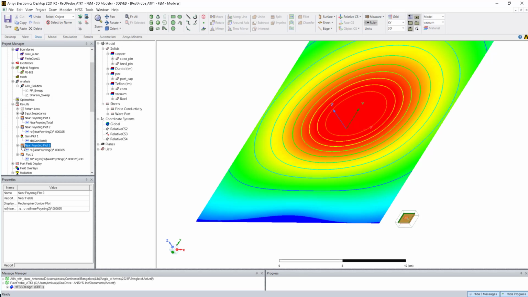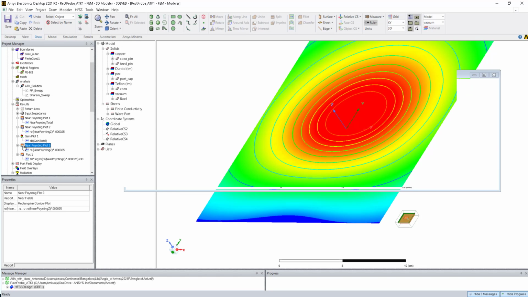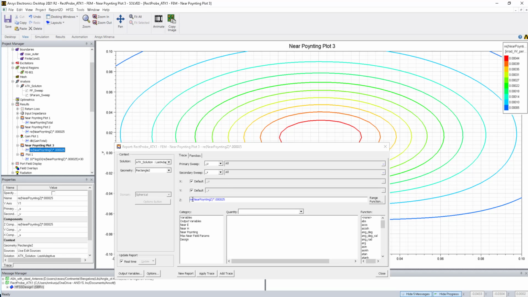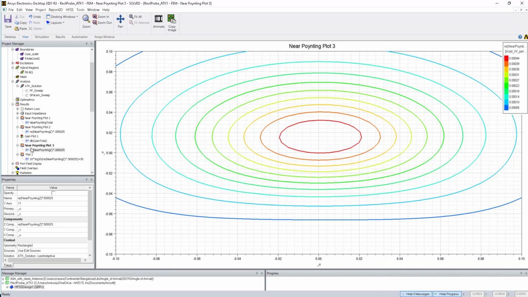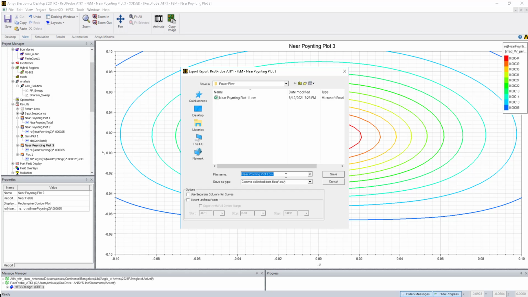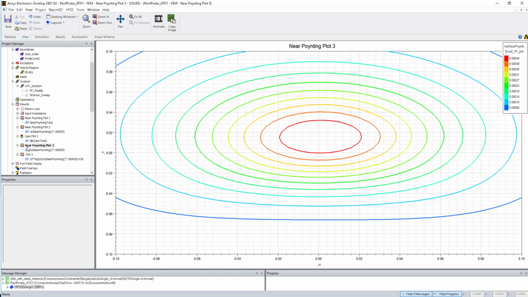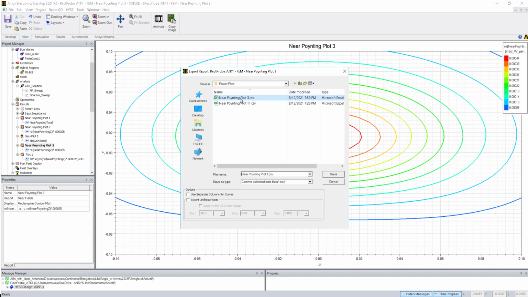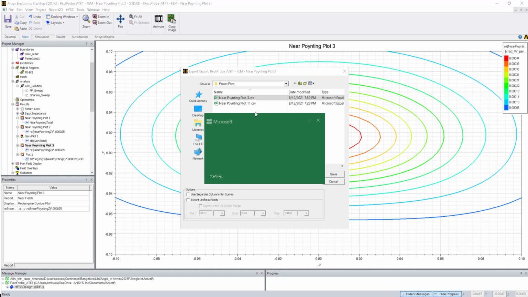Let's say we always need to confirm one more thing. Let's say this is the entire power in linear scale, the real part, and we are just multiplying with that small area. If I want to integrate the entire area, integrate means just add all the power. So what you can do is export it, save it to a file, and then go to that particular folder location. This is the file which we saved right now. Just click open,